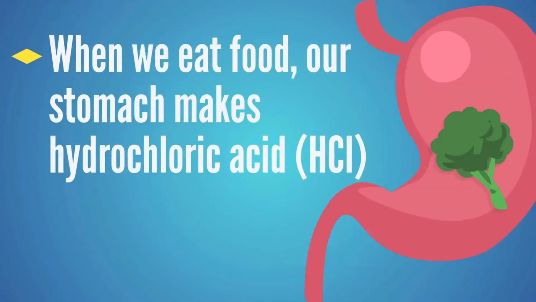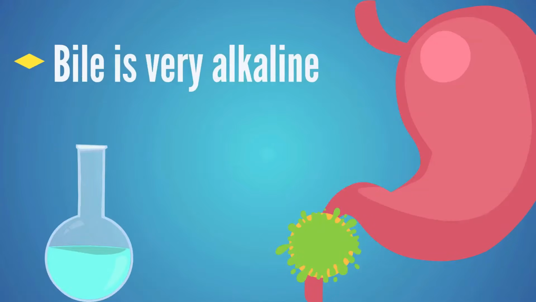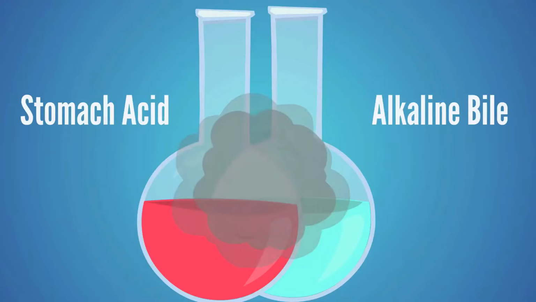So when we eat food and it goes into the stomach, our stomach makes hydrochloric acid, or HCl as we call it. And this stomach acid is made to break that food down. So once that food is properly acidified and starts to break down, it moves out of the stomach into the small intestine, or the duodenum, and then the gallbladder drops bile down onto that acidic product. Now, the bile is alkaline, so we get this acidic product meeting an alkaline product, and that creates this sizzle. This sizzle is what busts all the food apart and helps us access all the nutrients that are in that food. So both of those processes are important to be able to break down our food correctly.